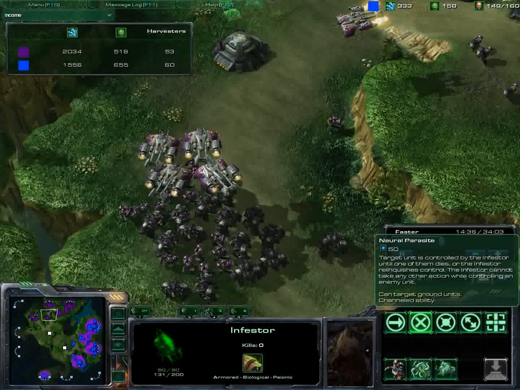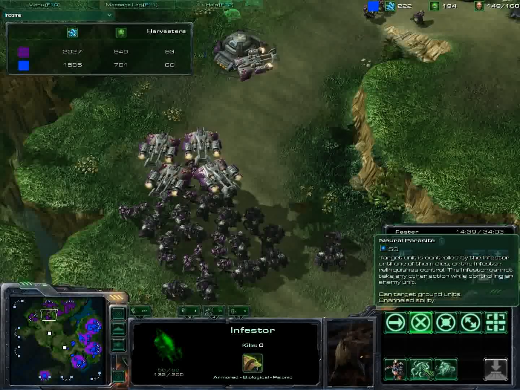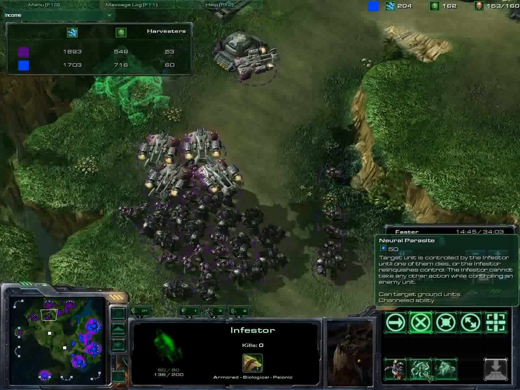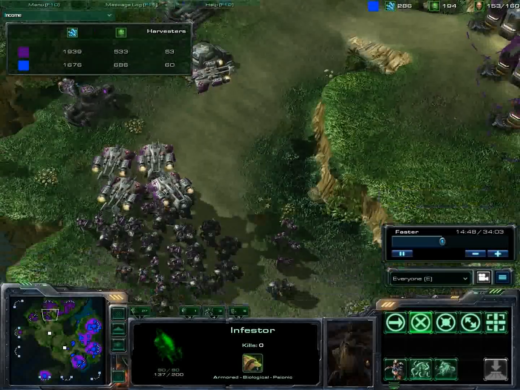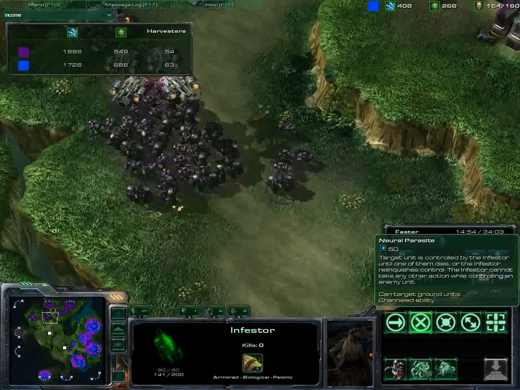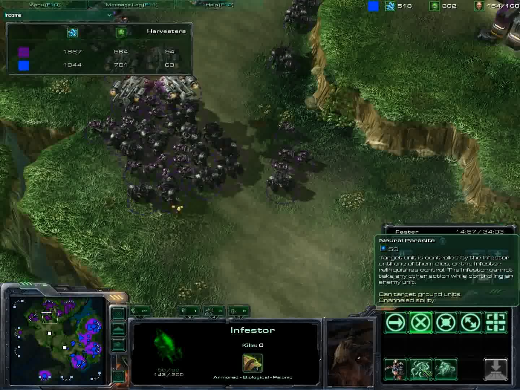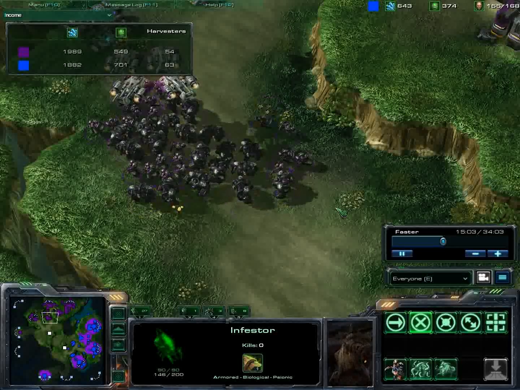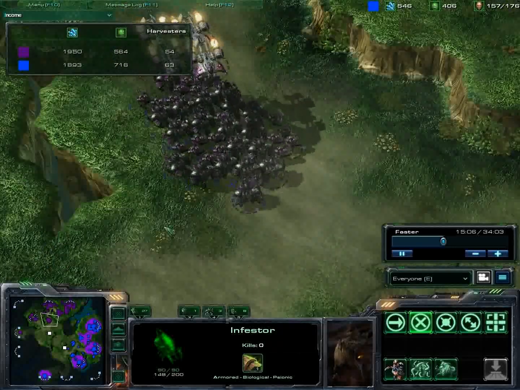And the last one is, where is it? Neural Parasite. Perhaps you remember the Dark Archons from Starcraft 1. This ability is kind of similar, except that it works for how long? It was, where is it? I do not see it written anywhere. It works for some kind of amount of time. I believe it was 5 or 10 seconds. I think 10. And it only works on...